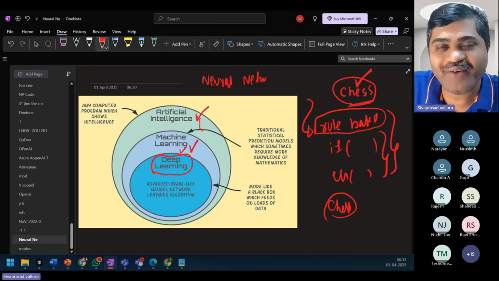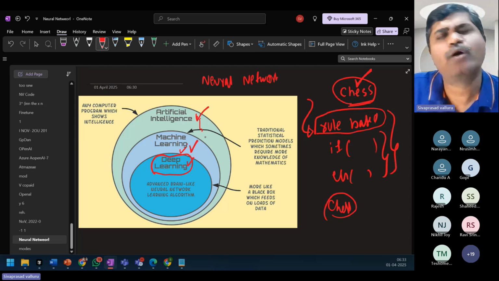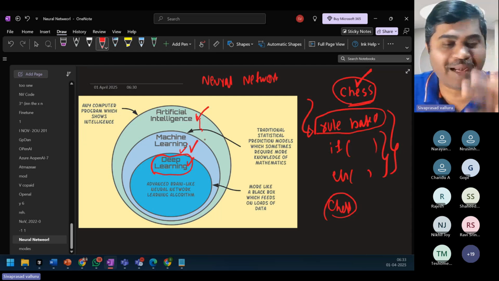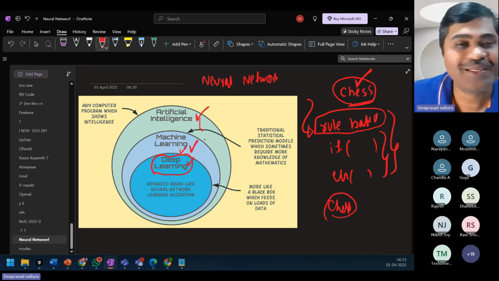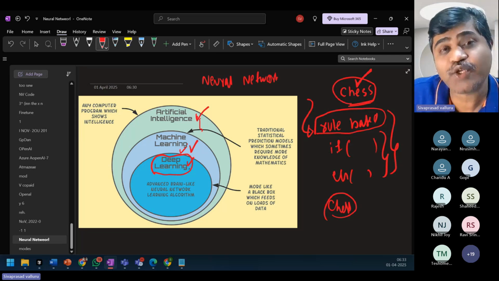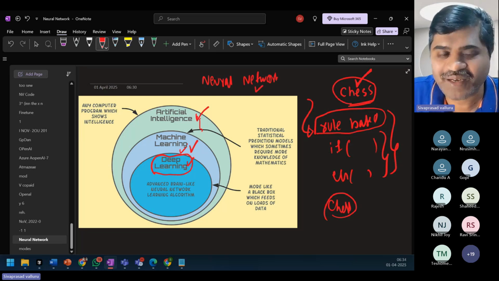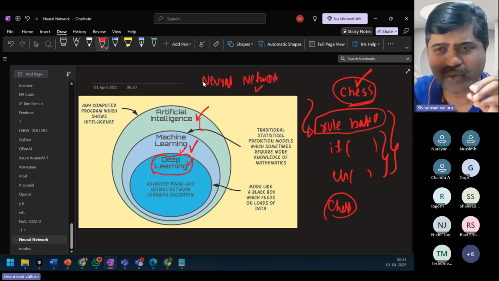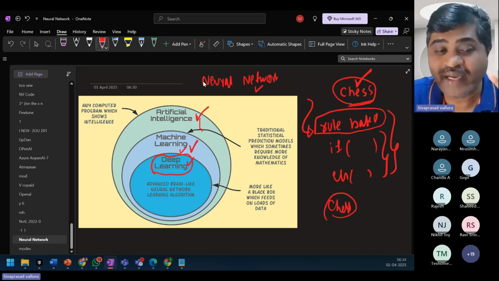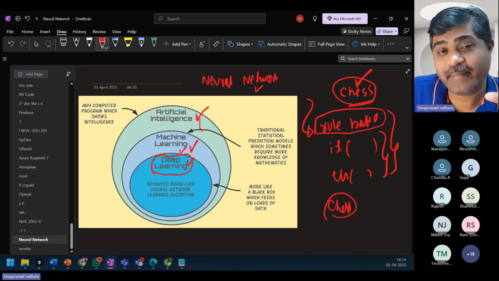So actually, whenever I saw this term deep learning, I thought deep learning is nothing but machine learning in depth. No, no, no. This is not machine learning in depth. It is a different kind of learning which we can do for our machines. We'll understand what is a neural network, what is deep learning, either today or tomorrow, when we have an in-depth discussion on deep learning. But right now, just understand that deep learning is a subset of machine learning.